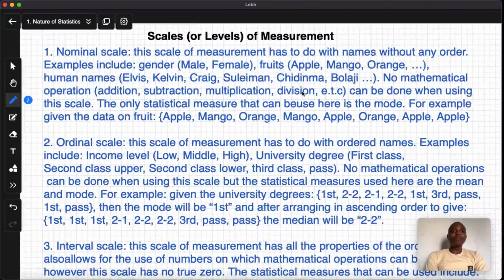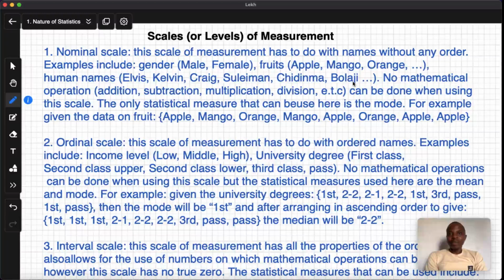okay, we have 4 levels of measurement, or you may say scale of measurement. The first one is the nominal scale. This one has to do with names. For instance, gender, male and female. Okay, it has to do with names, but no order. So you can't say male is greater than female or female is greater than male. So fruits, for instance, apple, mango, and orange, you can't say any one of them is greater than the other. So human names like Elvis, Kelvin, Craig, Suleiman, Chidinma, Bolaji, you can't say any one of them is greater than